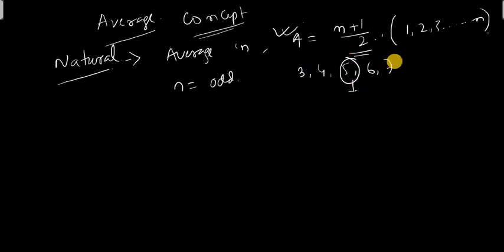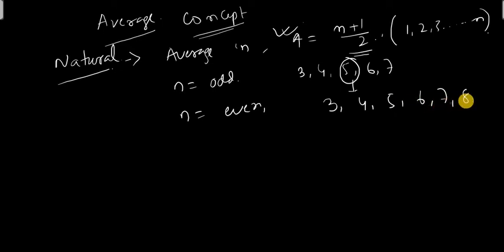The maximum number plus the minimum number, divided by two, gives the average. When n is even, for example 3, 4, 5, 6, 7, 8,